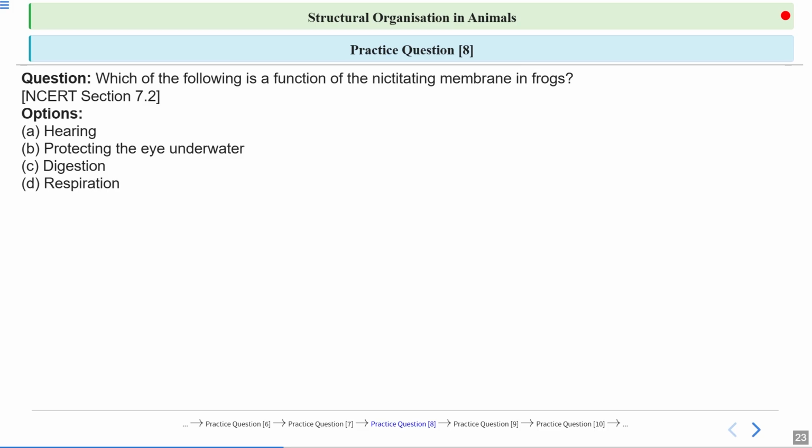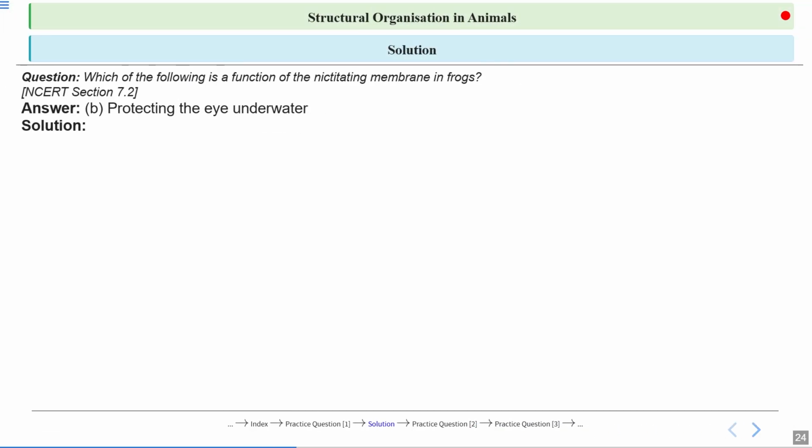Next question is here. Which of the following is a function of the nictitating membrane in frog? This question is also coming from the NCERT section 7.2. And let us see the options. A, hearing. B, protecting eye underwater. C, digestion. And D, respiration. Okay, so the correct answer is B, protecting the eye underwater, because this nictitating membrane